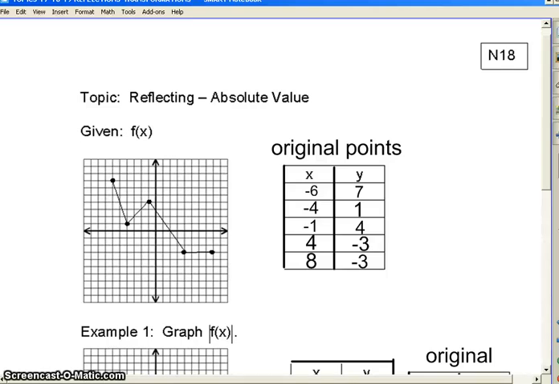The topic is reflecting the absolute value functions, N18. All right, given the function graphed here in your original points, we're going to take the original points and reflect different parts of them. Okay? In example number 1,